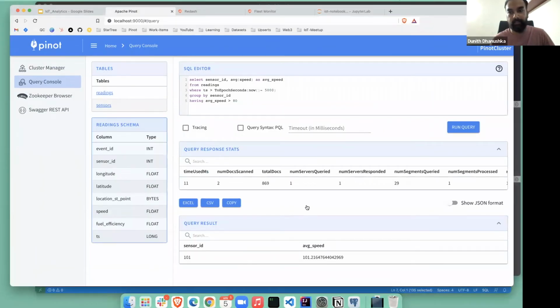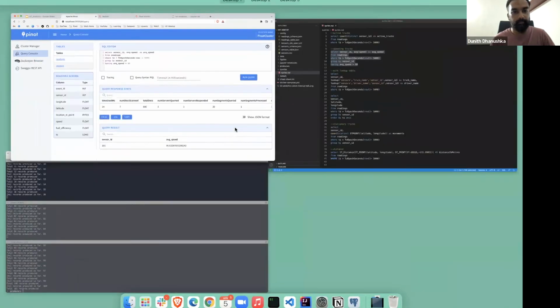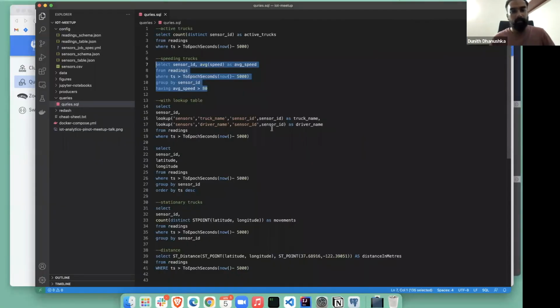He drives within the limits. Let's see whether... no, I think it's good. Yeah, so this is a typical time series analysis that you can do on this incoming data.